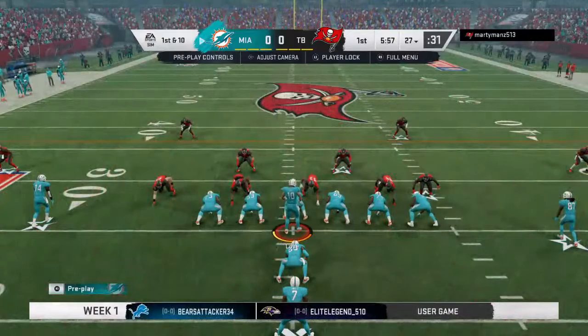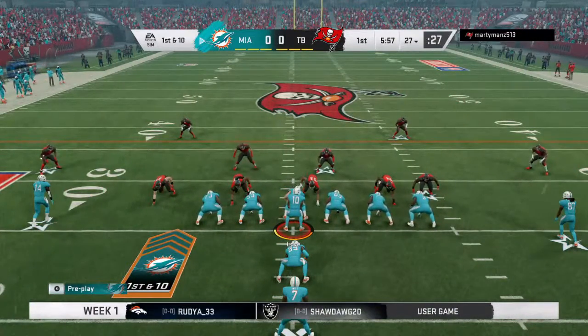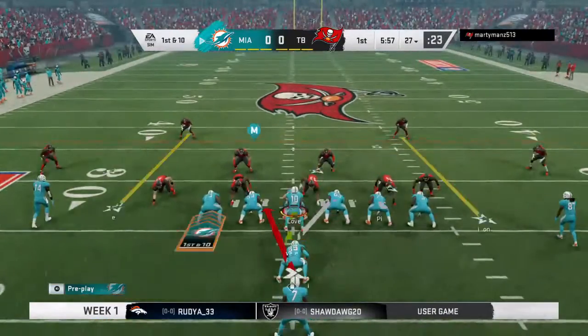Got it? 45. Mike, 45. Recall, 132 Mike. Set go. Check Mike,